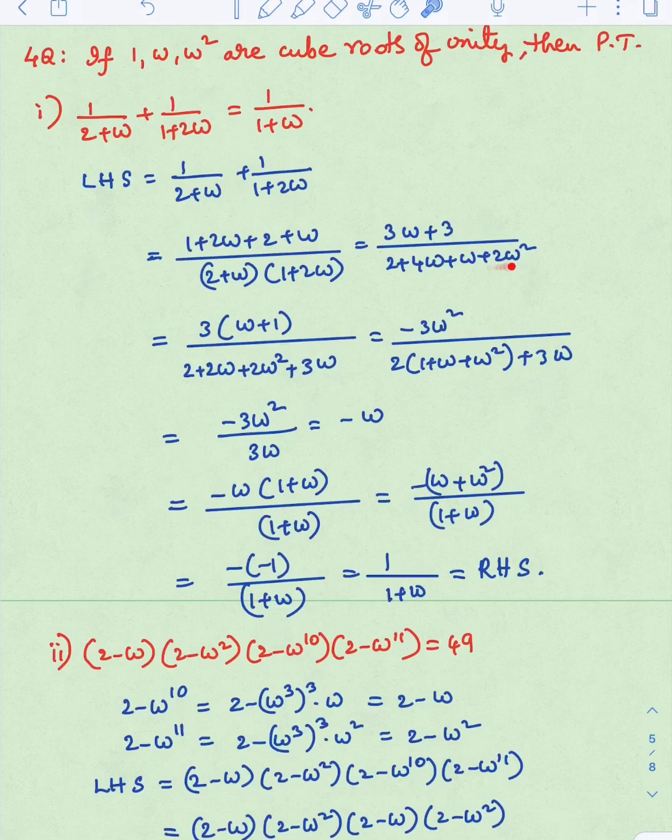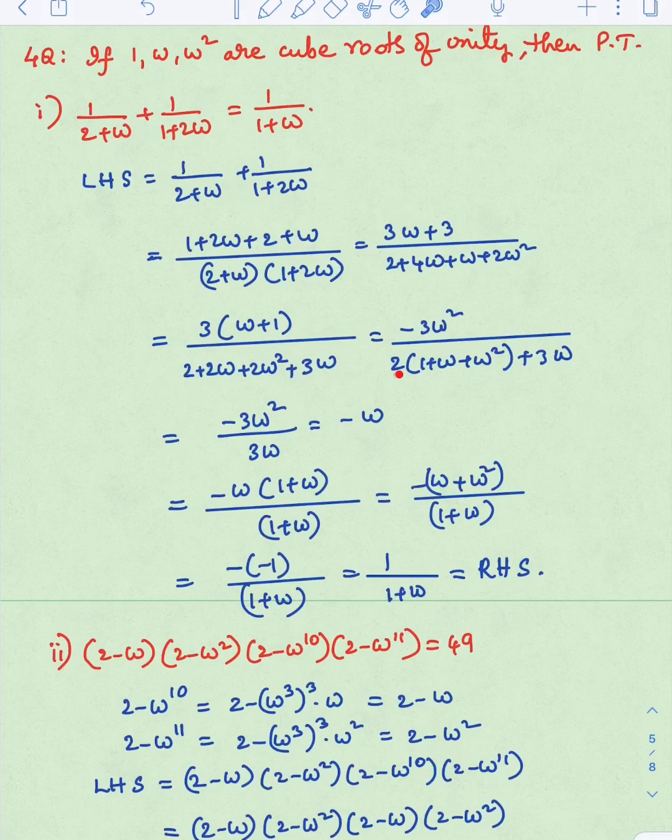Here, write 2 omega square. Along with them, this 4 omega is split like this: 2 omega plus 3 omega. I will repeat it. We are going to write in this form. So, we want 2 omega square, 2 is there, but we want 2 omega in it. That is, this is total 5 omega. In 5 omega, you are going to separate 2 omega plus 3 omega. That is seen here.